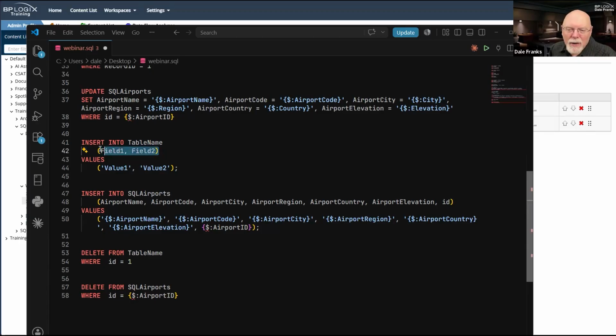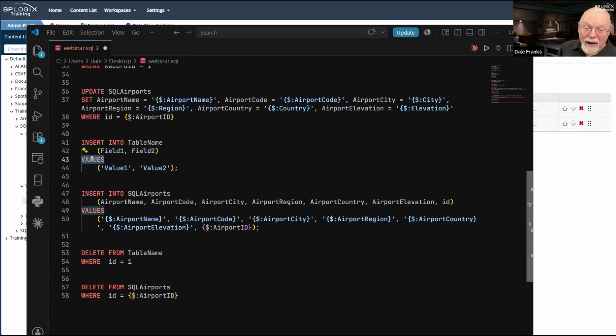So these are the fields that I want to add data to as I insert the new record. So the insert into says make a new row in the database. Okay, cool. This tells me what goes in that row. And the first thing I got to do is list the fields in this order.